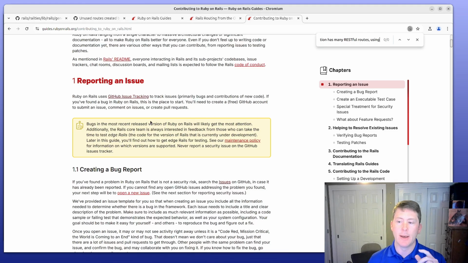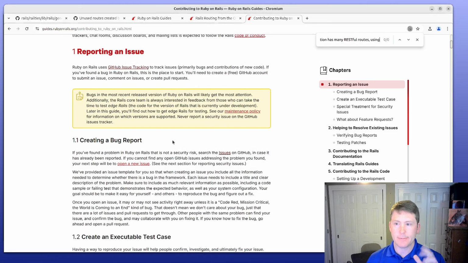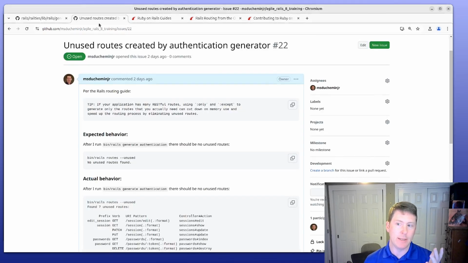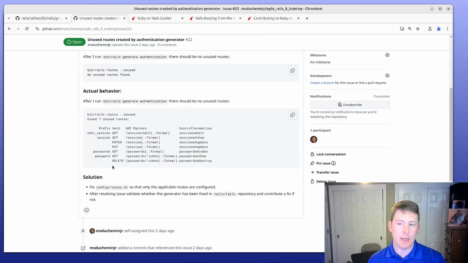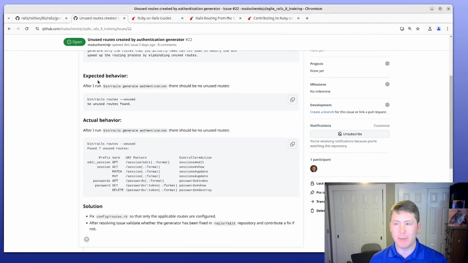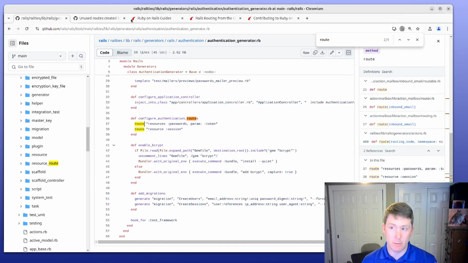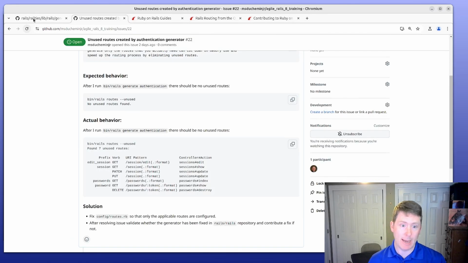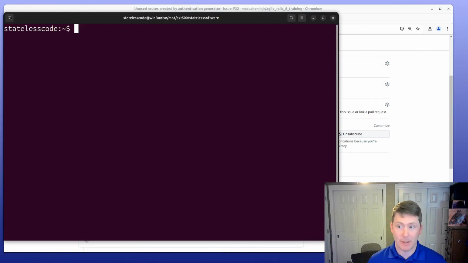So we're going to come back to this one. I've essentially got the issue that I need here with the expected behavior and the actual behavior. I'm going to demonstrate the behavior in a new app. So we'll do that now. I'll pull up my terminal and we'll go